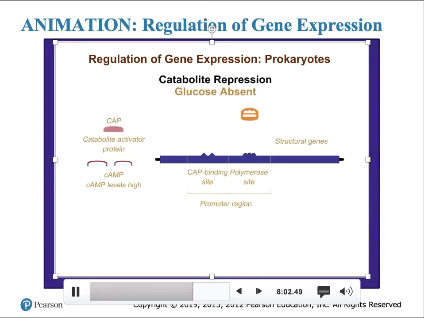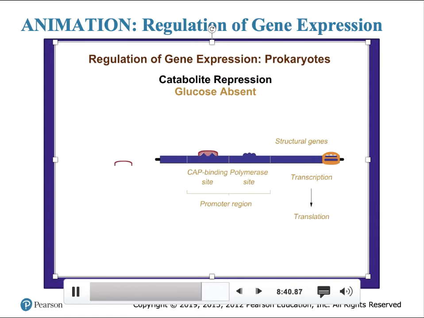Catabolite repression. The Lac operon is under a form of control called catabolite repression. RNA polymerase does not bind efficiently to the promoter unless another protein, the catabolite activating protein, CAP, is present. CAP binds to the 5' end of the promoter at the CAP binding site. When CAP is bound, binding of RNA polymerase is enhanced. Thus, CAP exerts positive control by enabling efficient transcription when it is bound to the CAP binding site.